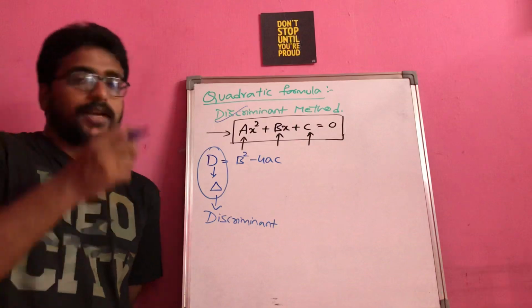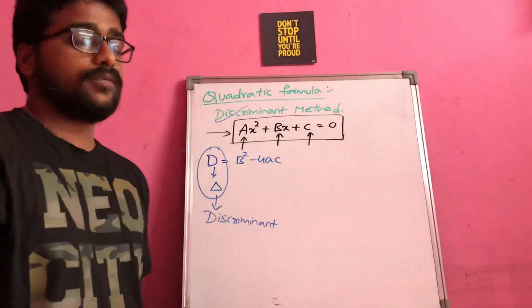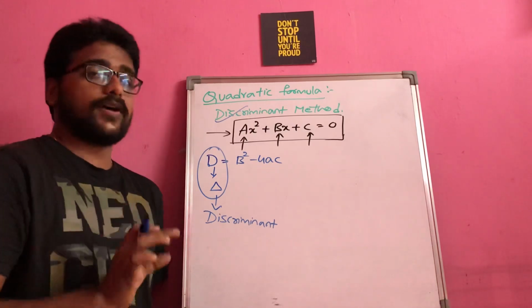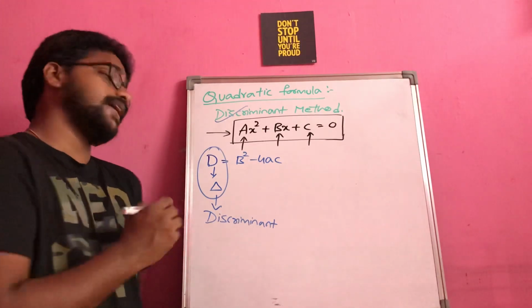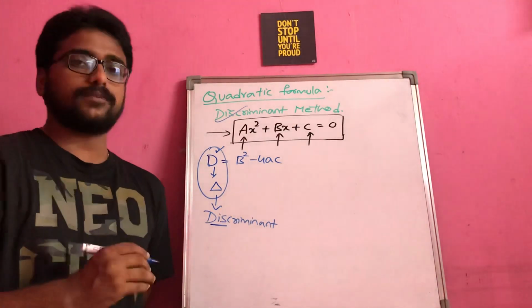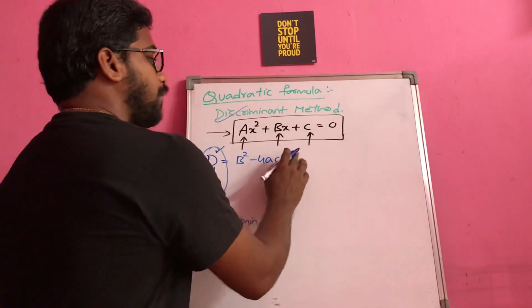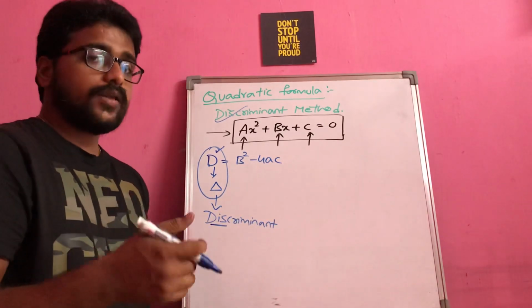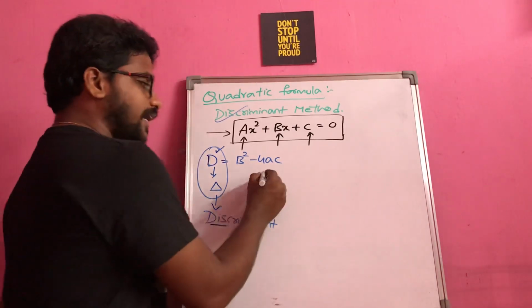What is the reason for naming it the discriminant? Because this D or delta value itself will give you information on whether we are able to get the factors of that quadratic equation or not. If we are getting the factors, are they equal roots or unequal roots? This is the information that D will provide. After finding D, we can come to a conclusion about whether the roots will be equal, distinct, or not real. So these are the three cases that we get.